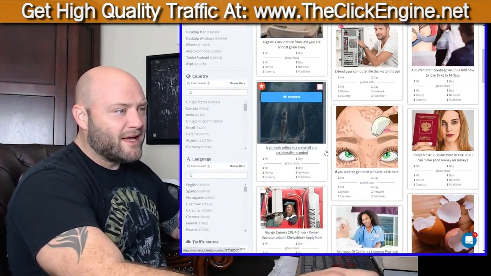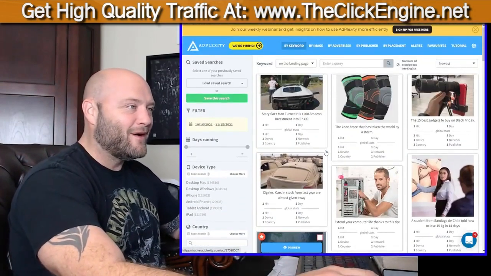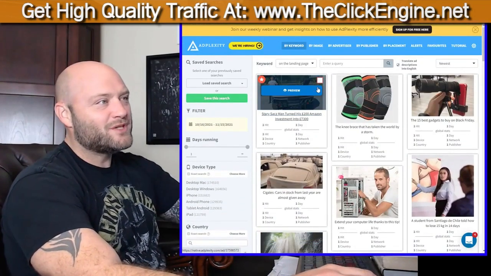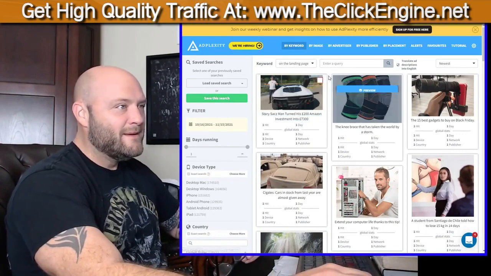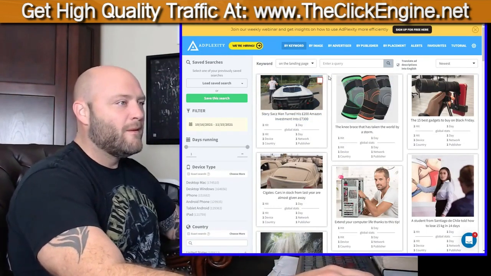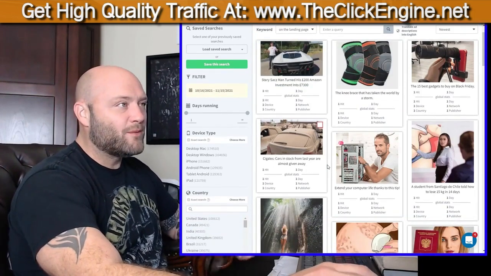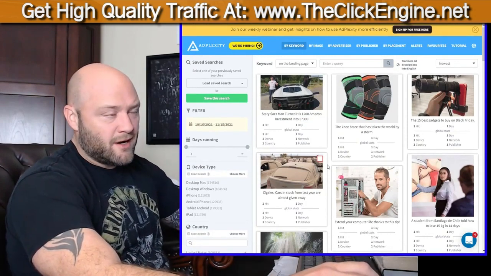You can see here that now I can come in here and I can basically see what everybody is doing on native ads. They also have a push ads tool that you can use as well, that I will use in the future when I do push ads videos. But the first thing I want to do is see what people are running in terms of e-com, especially during